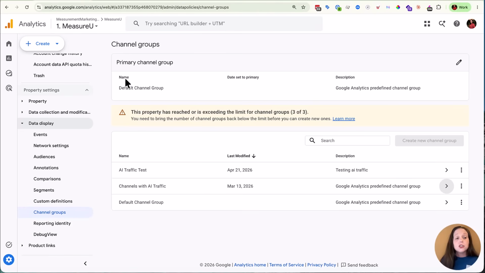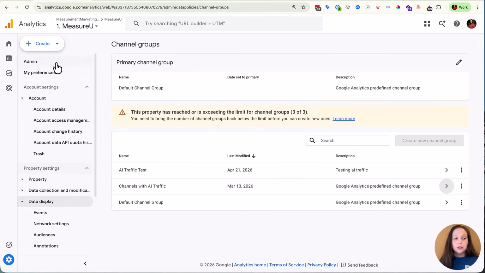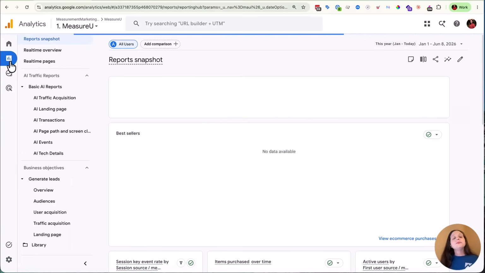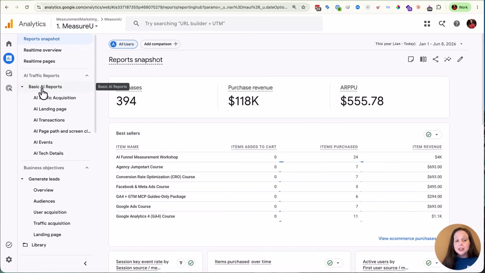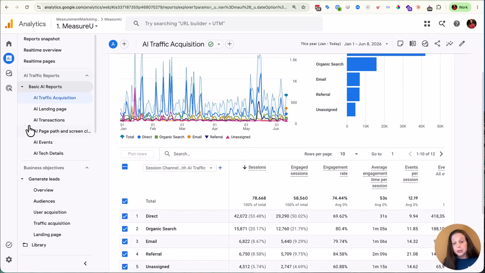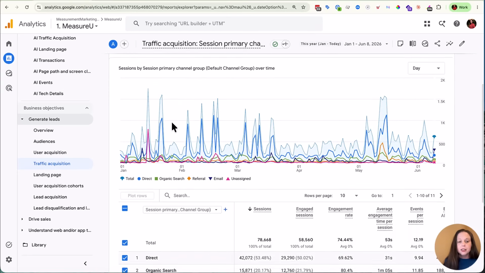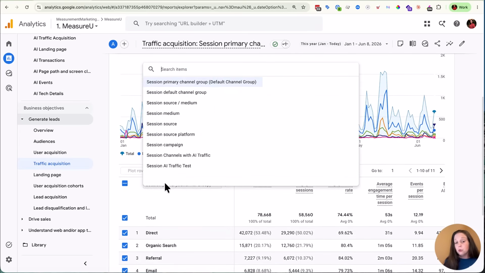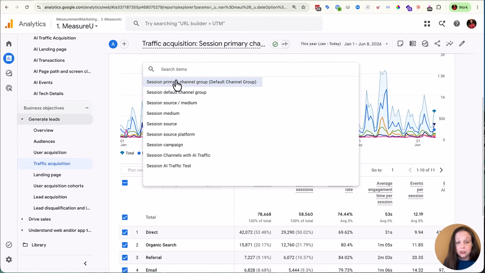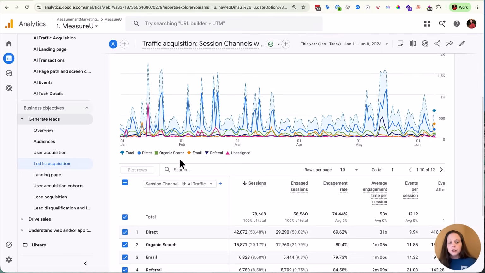Just one moment, we're going to show where these things will live once you've created them, and we're going to go over to our reports. While we were teaching this in another course, we showed how you can create all of these custom reports inside of here. But if you don't already have custom reports that tell you your main questions and what's going on, you'll probably go into your traffic acquisition, and by default, it's probably looking at your default channel group. We did not change ours because we teach a lot and wanted to show the default, but you just go through here and choose one of the 2 that we have, and you can go through here.